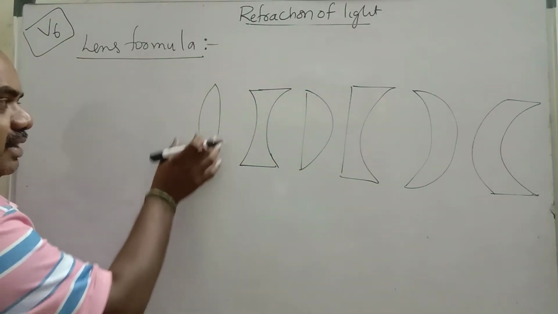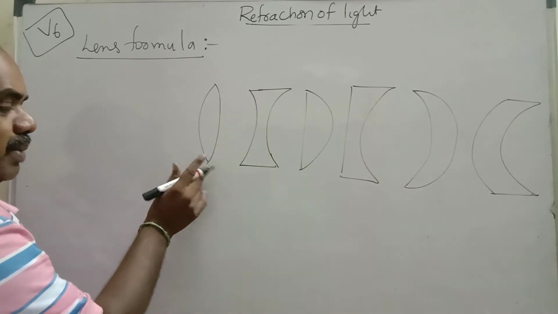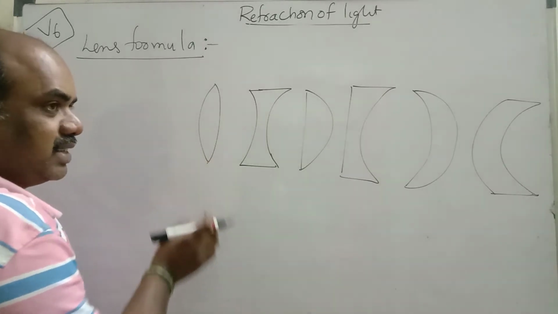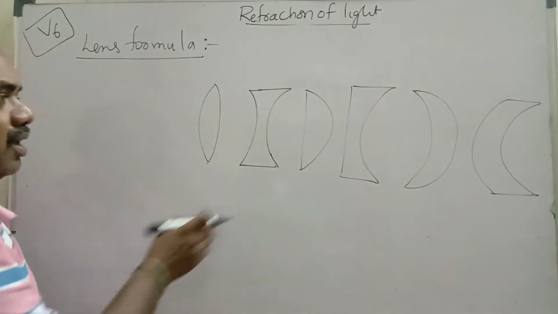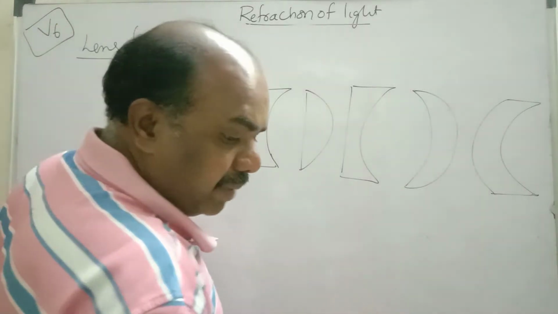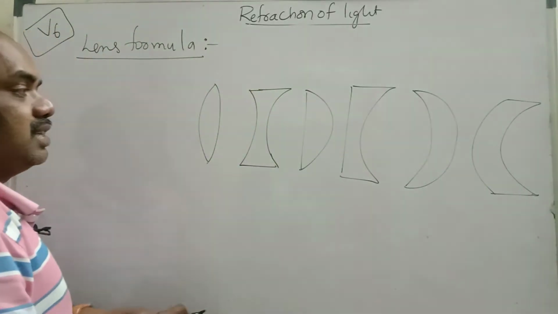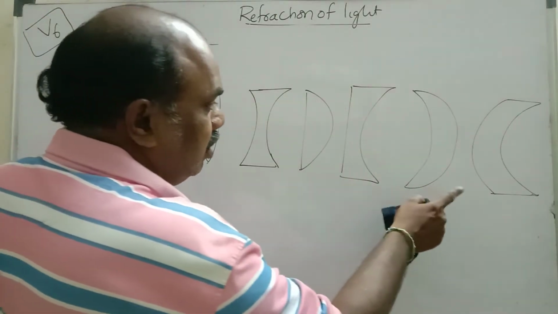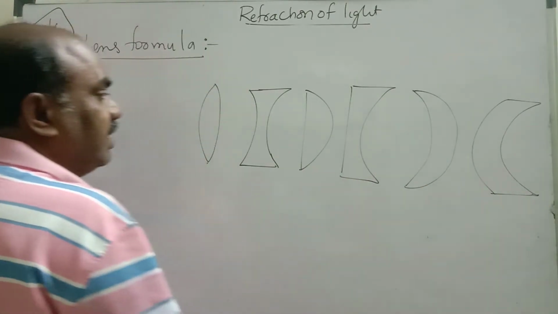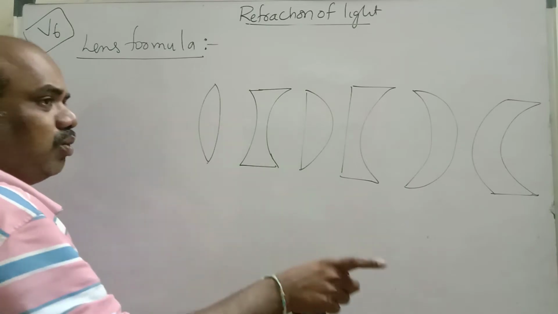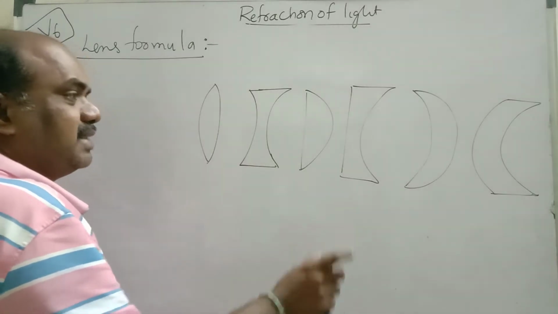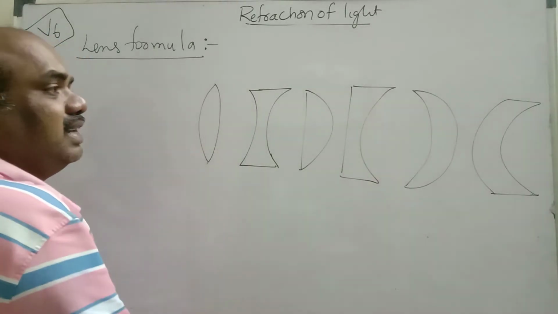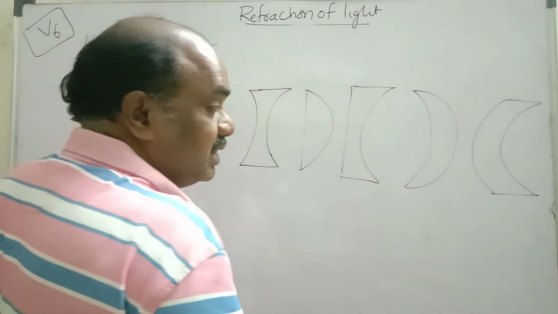This lens is thicker in the middle and thinner at edges. We played with it in our childhood. It is biconvex lens or magnifying lens. This is biconcave lens. Generally, myopia patients, doctors suggest this lens to rectify myopia. Plano-convex, plano-concave, concavo-convex, convexo-convex. Wherever you want the image, we can place the image at that point with the help of all these lenses. That is the advantage of lens.